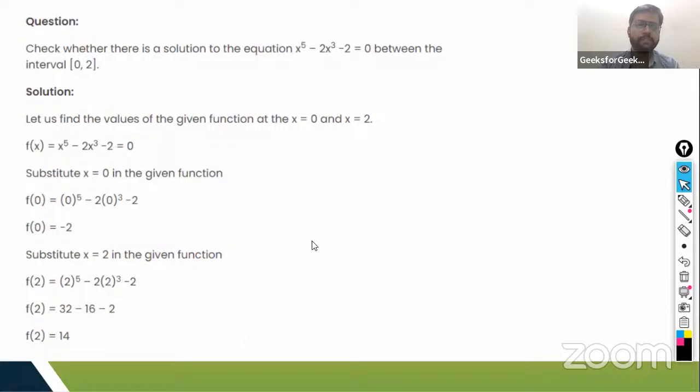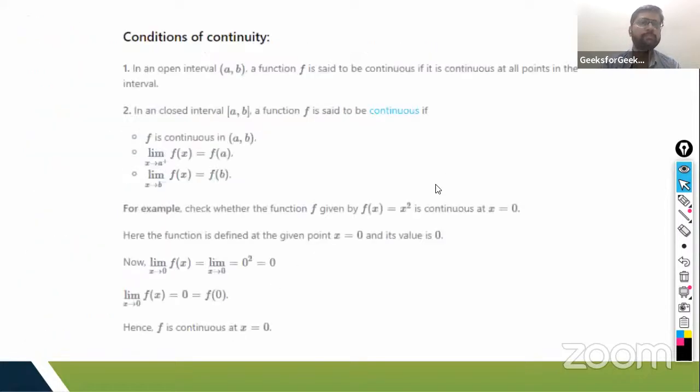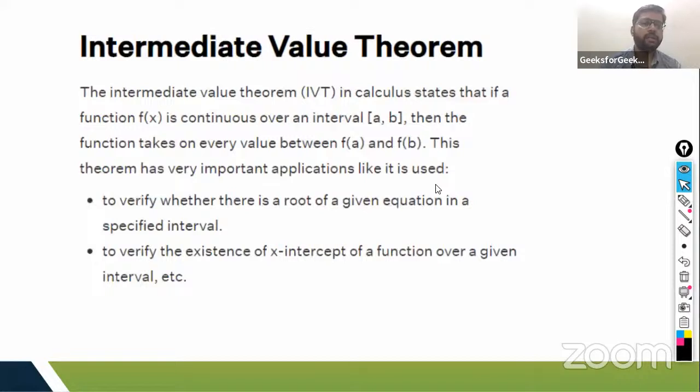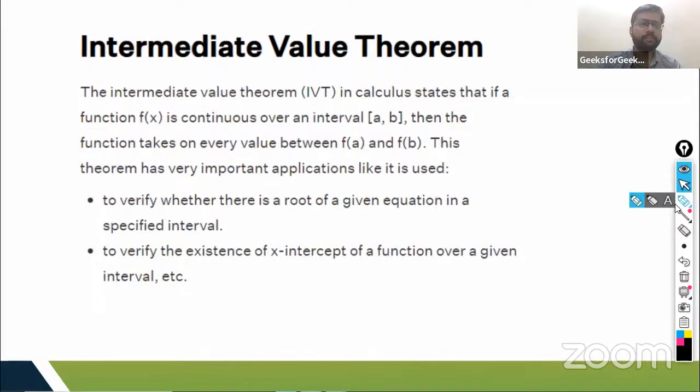When can we say solution does not exist. सूरज अभी मैं बताता हूँ, अब जरा ध्यान से आप इस कंडीशन को देखिए. फर्स्ट पॉइंट में क्या लिखा हुआ है, to verify whether there is a root of the given equation is possible or not. ये इसका फर्स्ट ही काम है, ठीक है। इसमें ये बताता है कि जो भी फंक्शन का जो इंटरवल गिवन है उसमें इसके रूट्स पॉसिबल होंगे या नहीं होंगे, फर्स्ट इसका था।